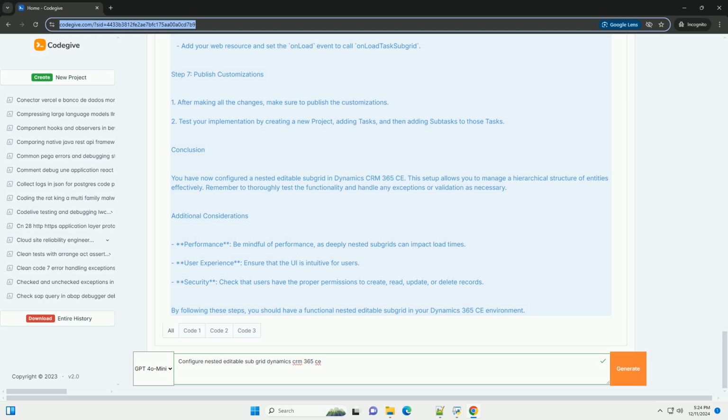rows.forEach(function (row) { var rowData = row.getData(); var taskId = rowData.getEntity().getId(); // Make sure to allow editing of the nested subgrid. rowData.getEntity().attributes.forEach(function (attribute) { // Custom logic to determine if the attribute should be editable. attribute.setDisabled(false); }); // Optionally, add event handlers for creating / editing subtasks. rowData.getEntity().addOnSave(